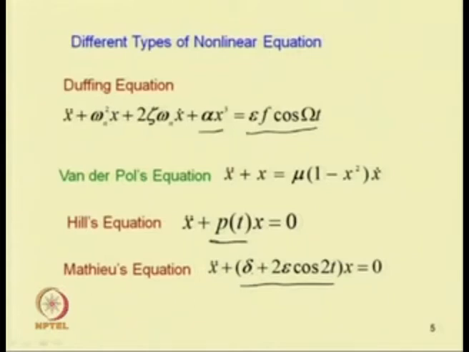For discrete systems, we have derived these equations, and you can see all of them are ordinary differential equations. But in the case of a distributed mass system or continuous system, we will find equations of motion that are partial differential equations, because the displacement, or the state vector, is a function of both space and time. So, let us first derive the equation of motion for the Euler-Bernoulli beam.